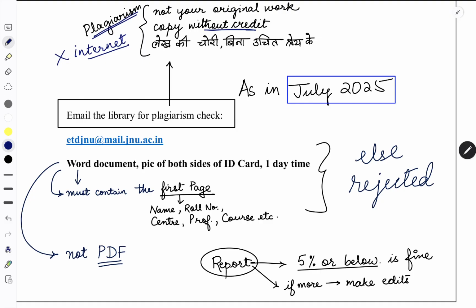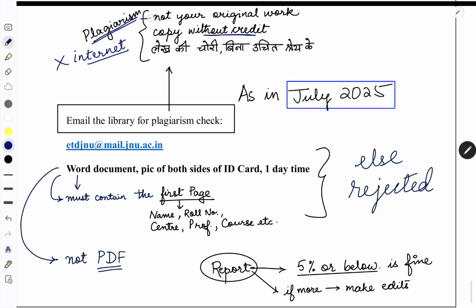Directly copying, these are things that are not accepted, okay, and you can get caught and the professor can catch you, and that would not be very nice, okay. So if you are writing something which is not your original work, you are copying without giving credit to the particular author,